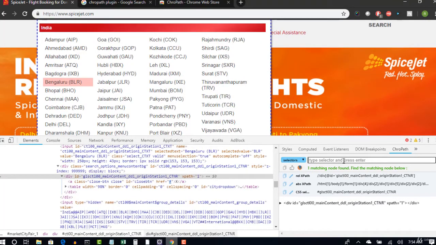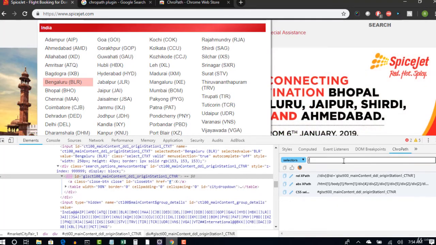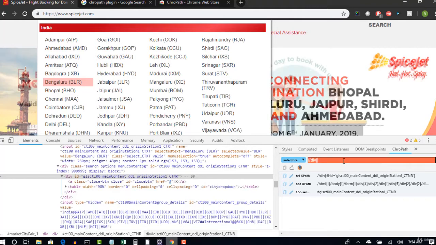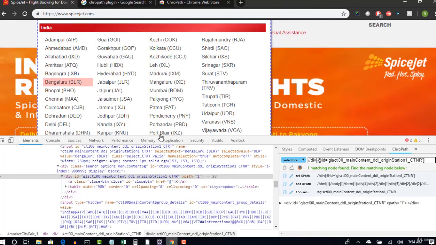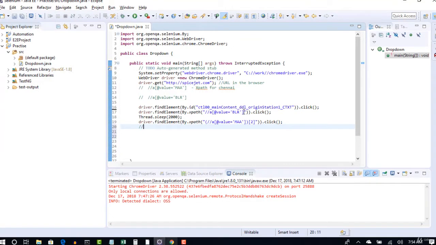This time, let me use CSS ID, or okay, let's stick with XPath because I already wrote an XPath for that, right? / div, ID equals to... what happens? It selected the entire window, right? And now I'll take this XPath, Bangalore.